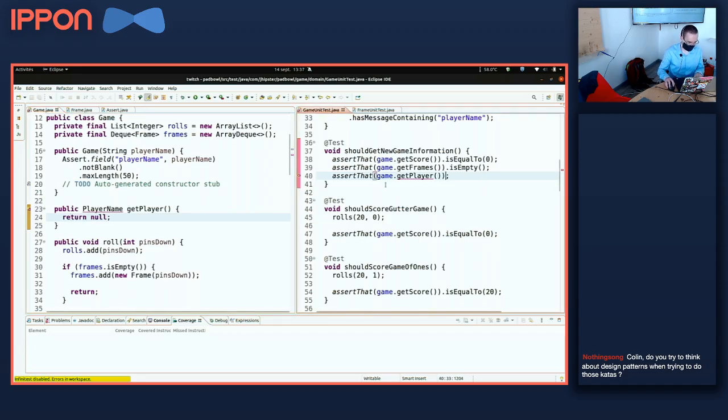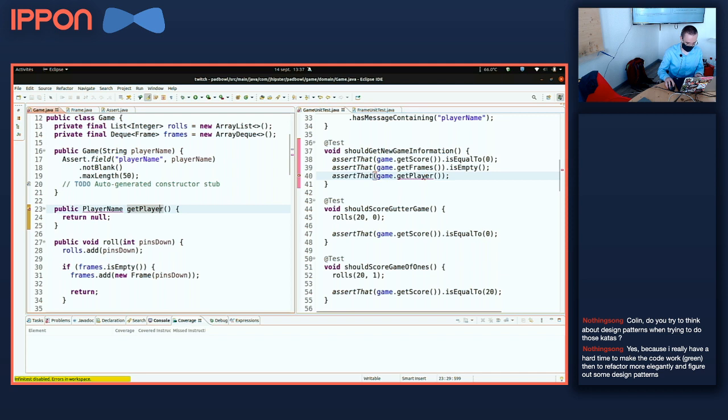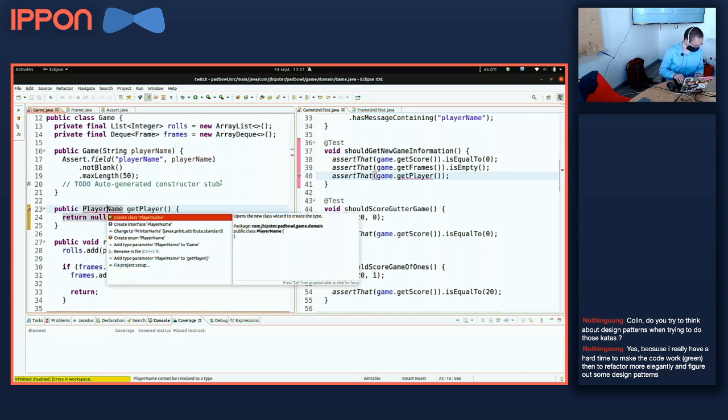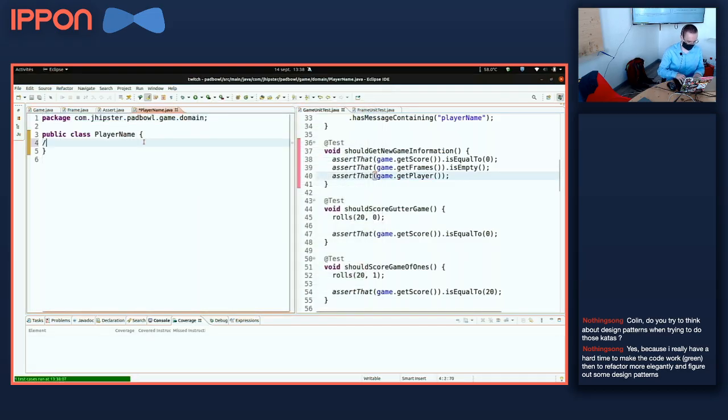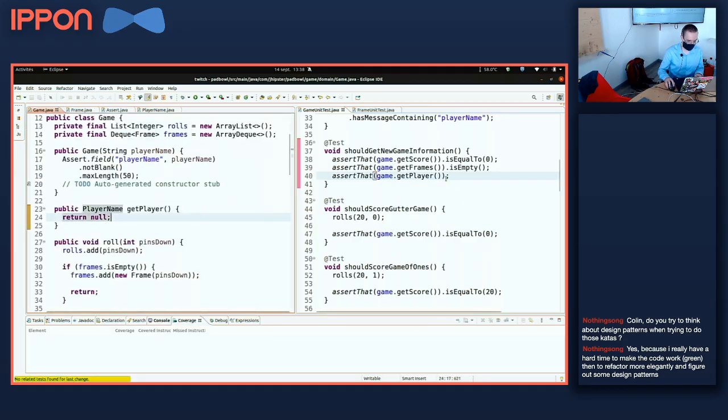But here, still not working, so I think I really have another problem. Nothing sounds yes, because I really have a hard time to make the code work, green, then refactor more elegantly, and figure out some design patterns. That's one of the TDD difficulty. Of course, there are others, but one of the difficulty is this one. Finding patterns